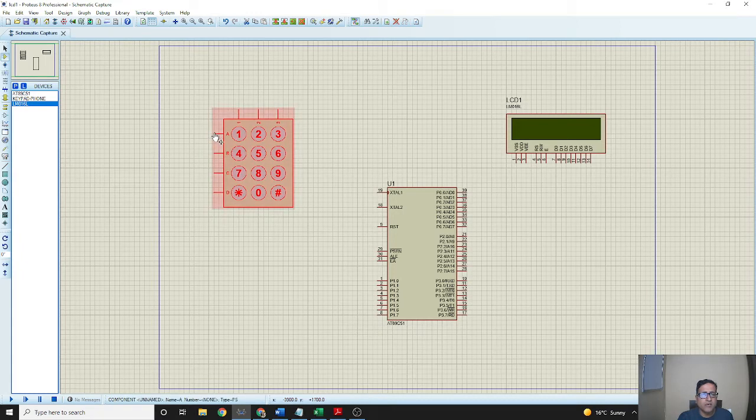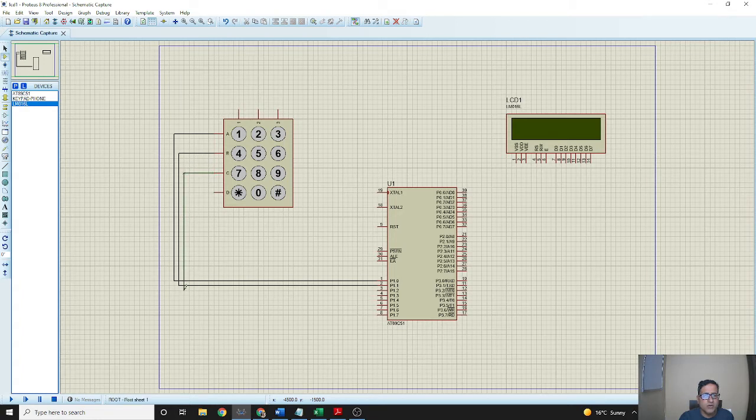Now we will take the pin A and take it to the port pin P1.0 and make a connection. Now we will take the B and also take it to the P1.1. Likewise C we will take it to the P1.2 and D to P1.3, and likewise we will take these one and take it to